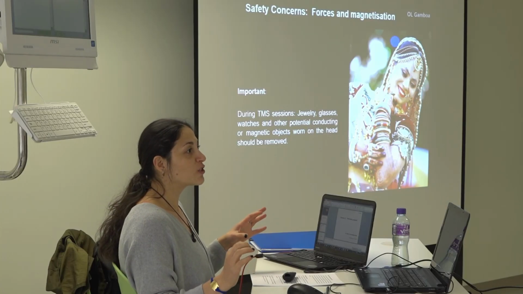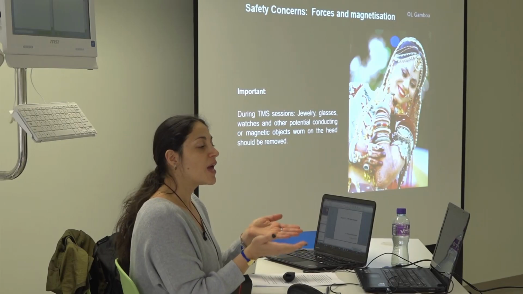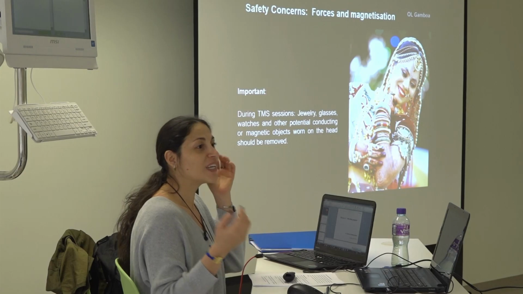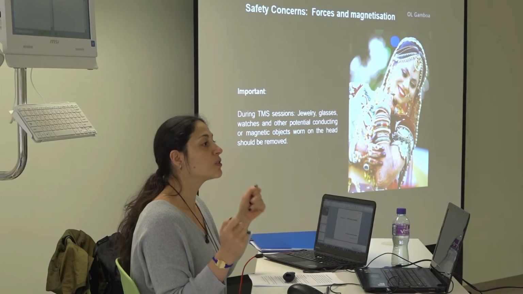Just because the logic says that you are far enough, don't do it. Because if the rules are there, it's for something. And this is very common, because you will measure a lot of young people, and a lot of young people now have a lot of piercings, and some of these cannot be removed, or they need to be removed in a special place. Ask them to remove them. If they cannot remove it, just don't measure.